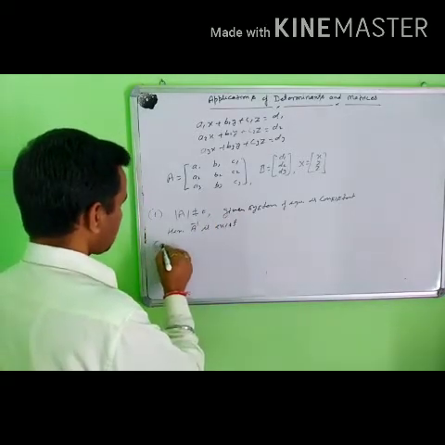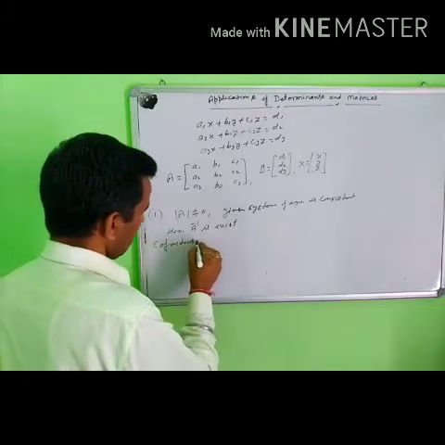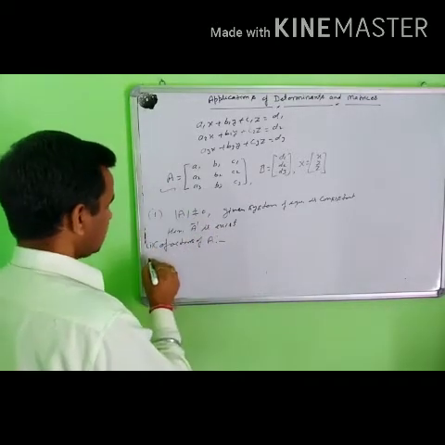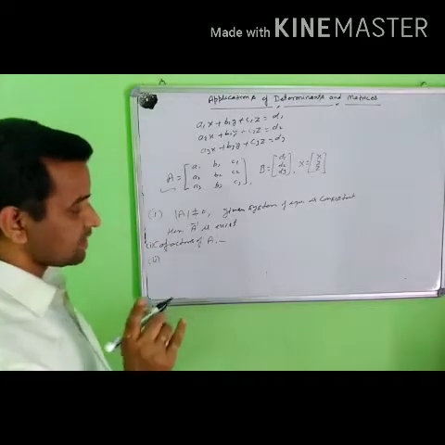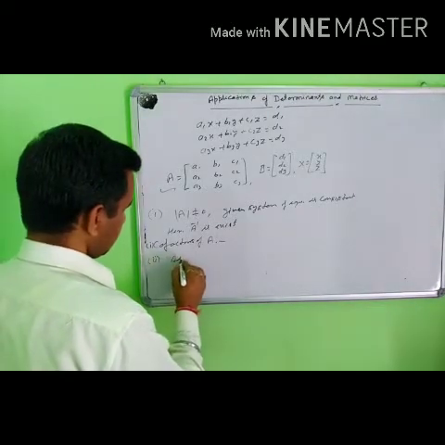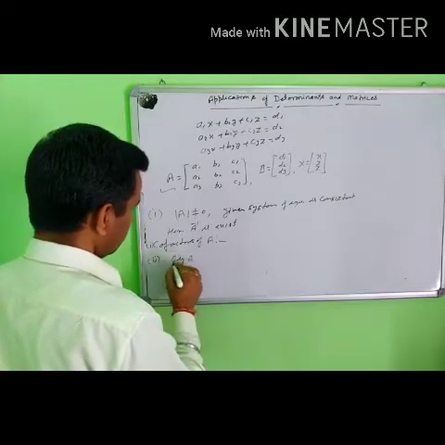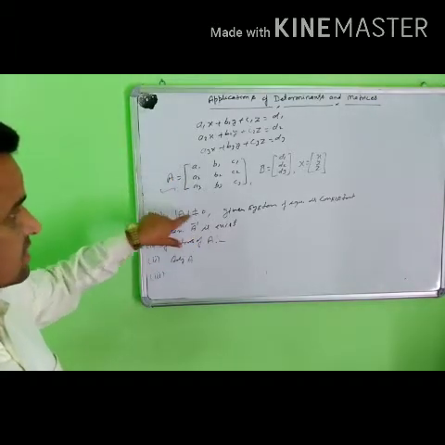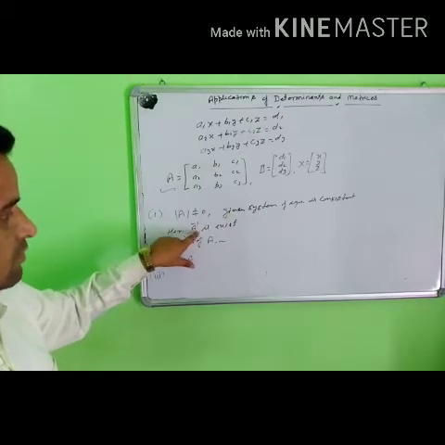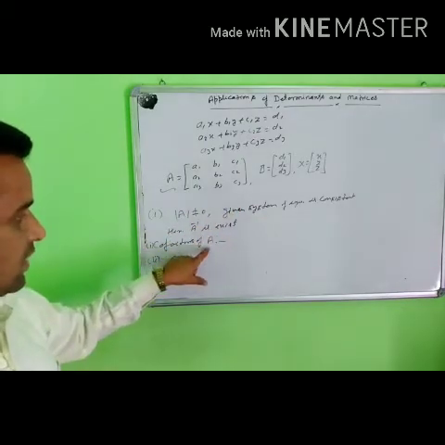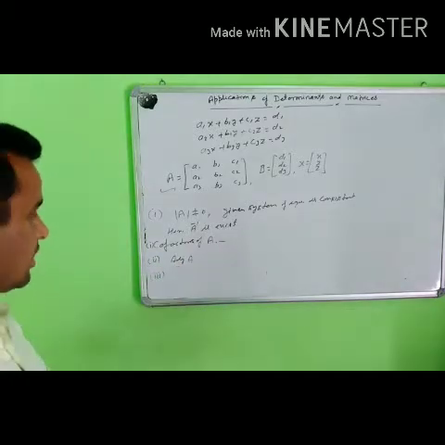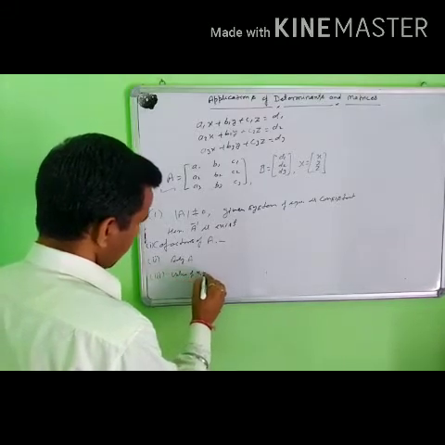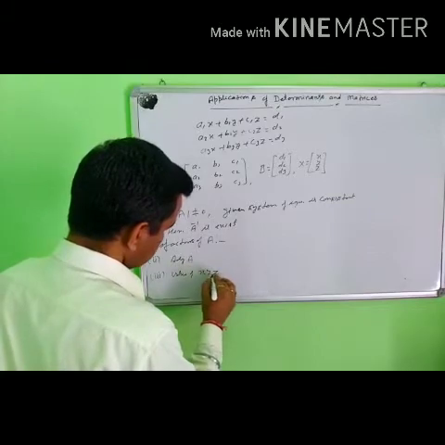First you find the cofactors of matrix A. Second, you find the adjoint of A. After solving the consistency and ensuring the inverse exists, you find the cofactors of A, then the adjoint of A. After that you will find the values of x, y, z. So this is your final answer.